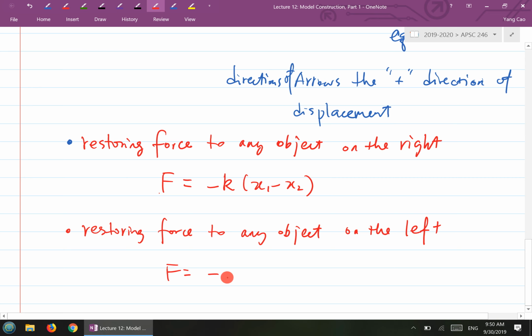So the F will equal to negative k times 1 minus what? Exactly. Okay. We'll put these things together. If I